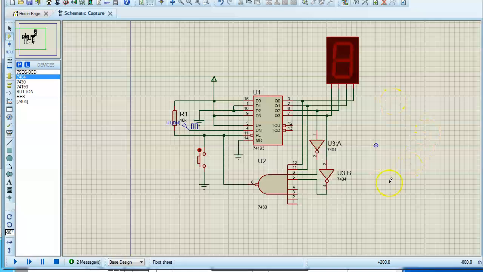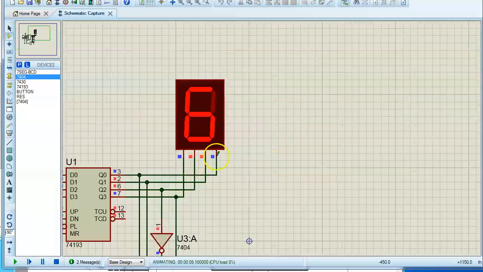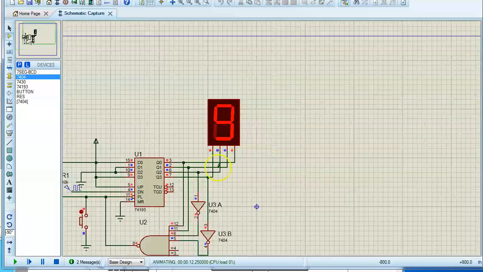Now let us test the circuit again. See, the moment it reaches 3, it automatically starts counting with 9.